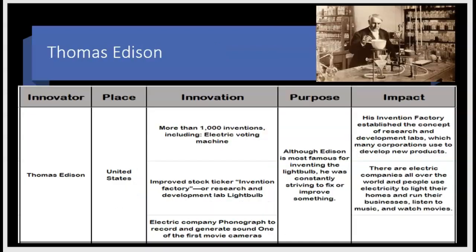Thomas Edison, again, a vast amount of inventions that he is known for. More than 1,000 inventions, including the electric voting machine, improved the stock ticker, the invention factory, which was also known as the Research and Development Lab, and the light bulb. The electric company, a phonograph to record and generate sound,